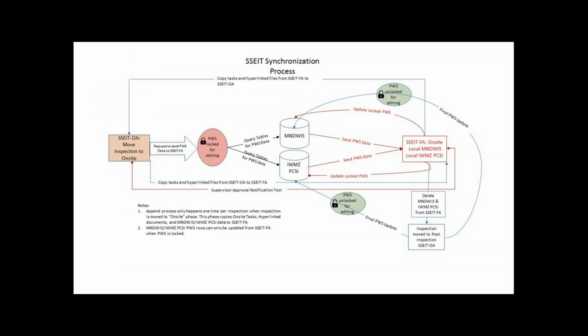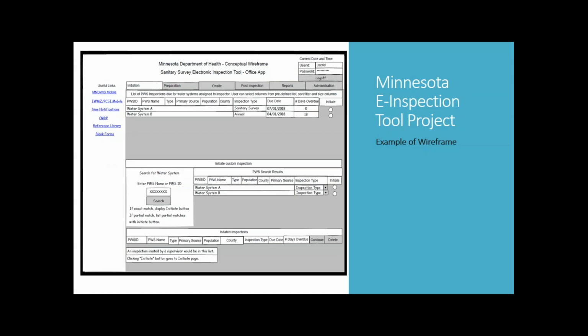So as that showed, there are a lot of different sub-processes that are going to be covered in an e-inspection, and that's what this document had to walk through. But there also needed to be an overall understanding for MNIT and even the group about how all these moving parts were going to work together.